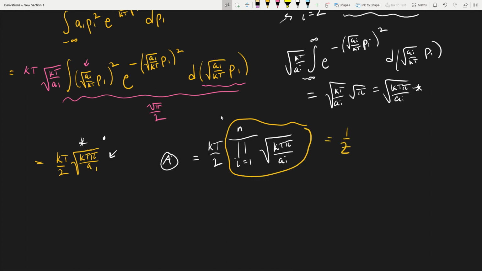Now, why is it equal to Z? I alluded to this briefly. Sorry, it's equal to Z. I don't know why I said that. It's equal to Z. I alluded to this briefly in a previous video, but Z, the partition function, in this